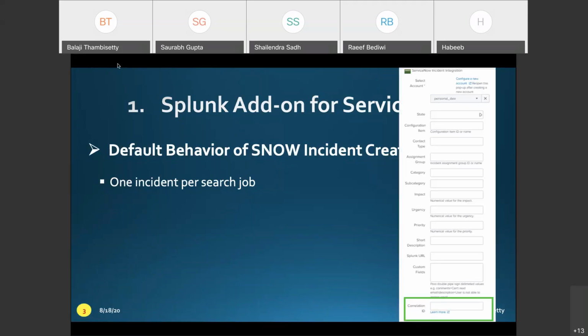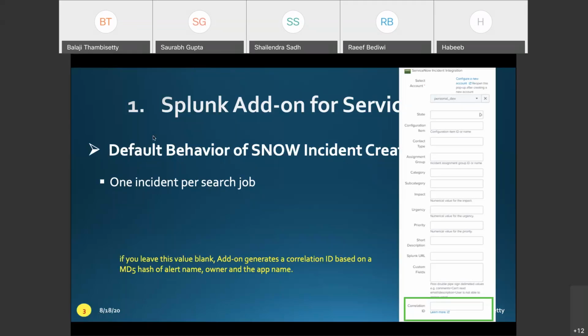It contains most of the fields for which we would want to populate a value in ServiceNow. It also supports custom fields. When I first installed this add-on years ago, I could see only one incident for one correlation search at any time. Only that particular incident was getting updated with time whenever that particular search runs and generates results. Then I looked into the TA and found the correlation ID is the unique ID to identify an incident in ServiceNow. If you leave this value blank, the add-on generates a correlation ID based on an MD5 hash of alert name,